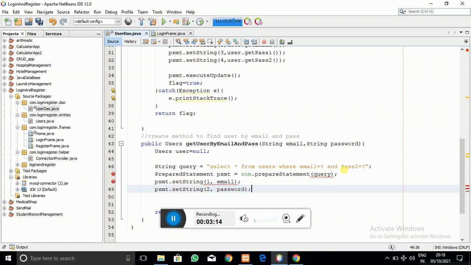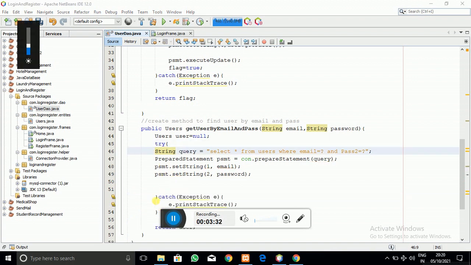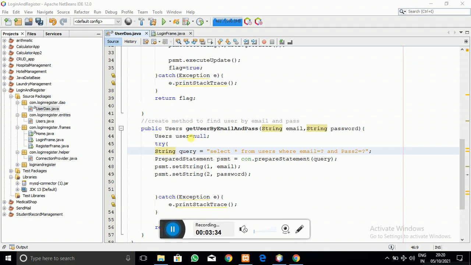Now all of this I have to put into a try catch block because exceptions can be thrown here. That's why it shows the red mark. So here you can see the catch for the exception.